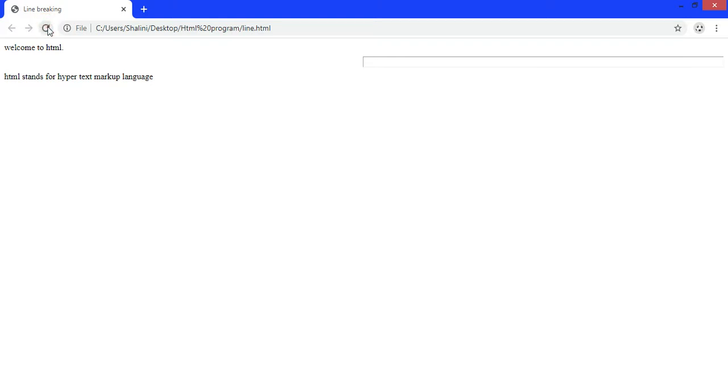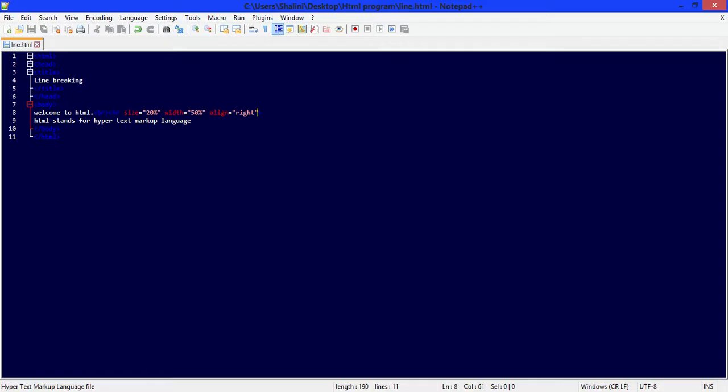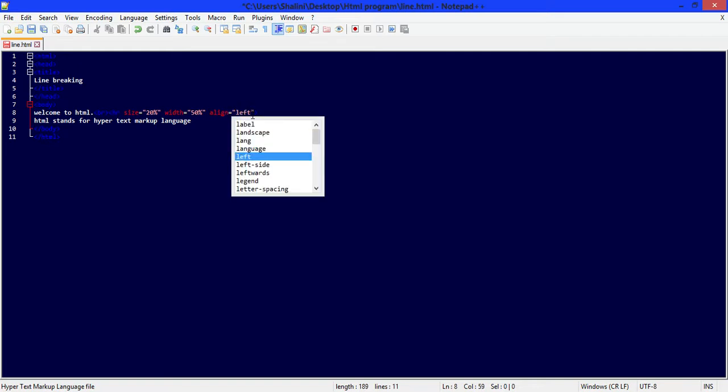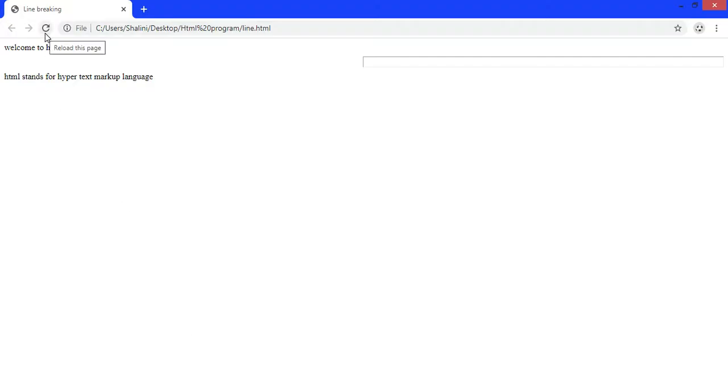See, this line is now went to the right of the web page. If you want to move this line to left, then right here left, save it and run it. See, now this line is in left of the web page.